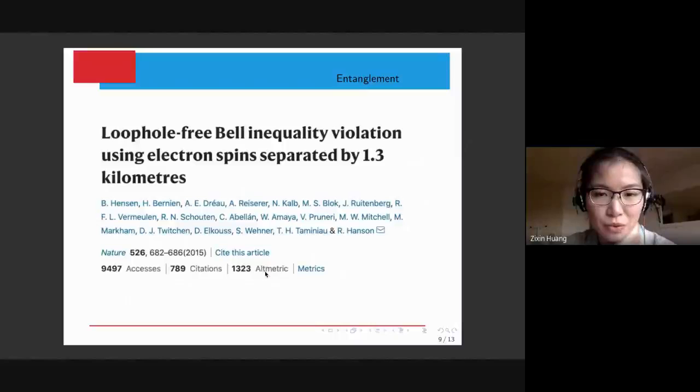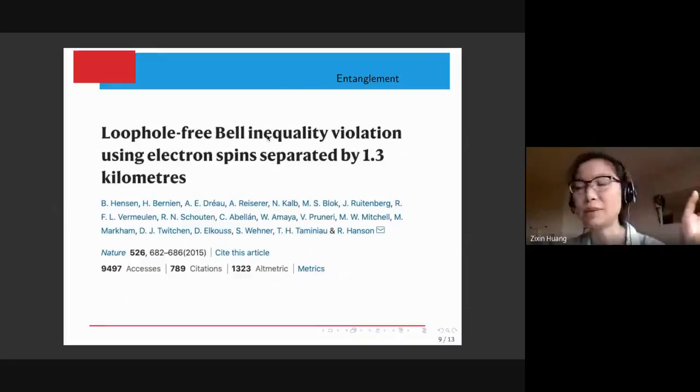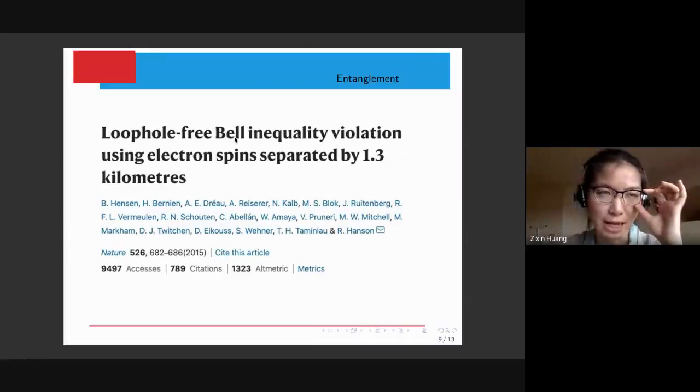Another group of people managed to close the loophole in Bell's inequality, which you might have heard of, which talks about locality and hidden variable theory, stuff that Einstein hated. So what they did was they managed to entangle 2 particles about 1 kilometer apart, and they were able to violate Bell's inequality. If you haven't heard of it, I might not go into details, but that has to do with the fact that